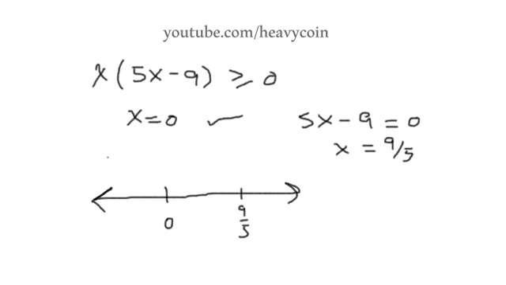Alright, we need a test point. And how about 1? 1 would be a good test point here. So I'm going to take my test point, plug it in up here. Alright, plug 1 in. So x is 1. 5 times 1 is 5, and 5 minus 9 is negative